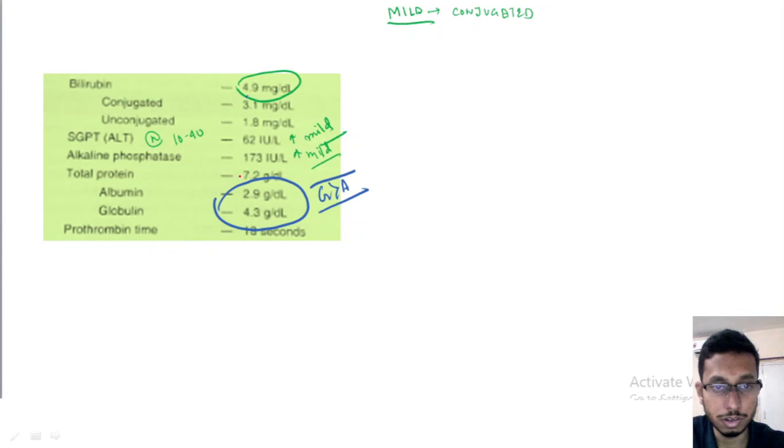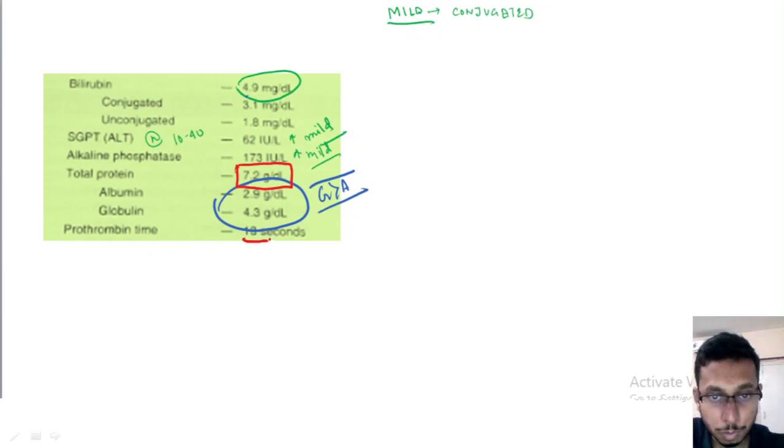Now, look, total protein is normal. Total protein is 7.2 gram. It is normal, but there is hypoalbuminemia. That is, albumin level normally is 3.5 to 5.5. It is low, along with hyperglobulinemia. Now, what is the cause? A reversal of AG ratio,